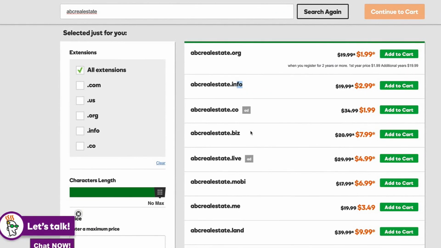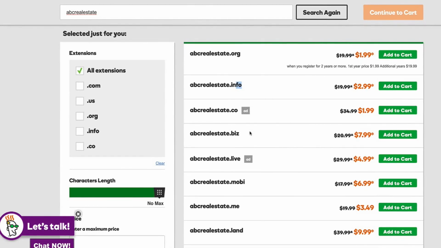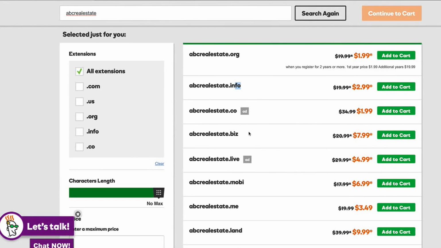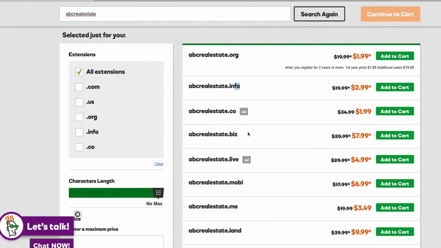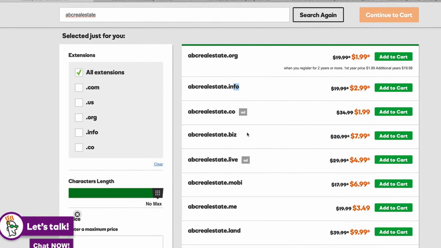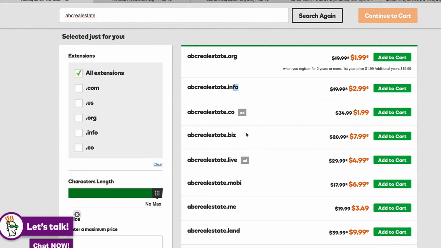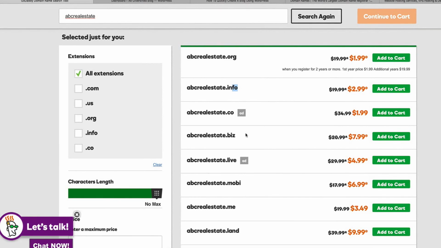I think in general it's better to go for .com, because that's the normal extension which most of the people will use while searching for the name of your website in Google or some other search engine. So it's better to go for the most common designation or extension.